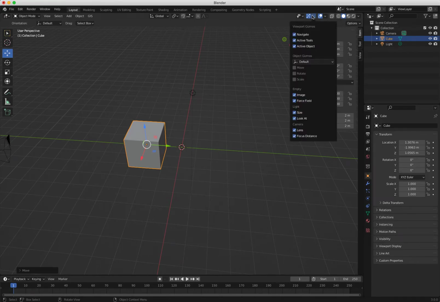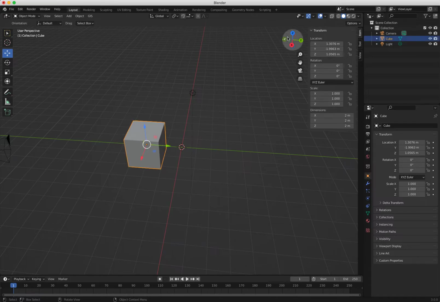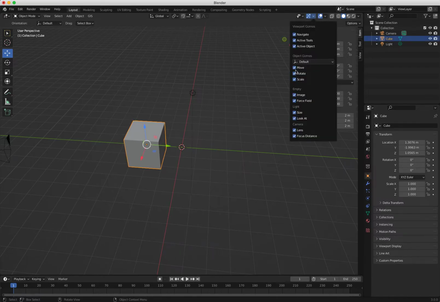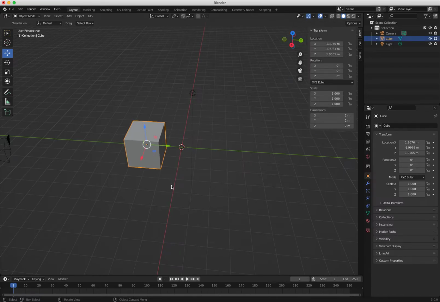Okay, so you can also turn on here if you don't have that. If you turn that on, those gizmos here, it has the same effect. So G for move, R for rotation, S for scale. Yeah, so if you go in the middle,